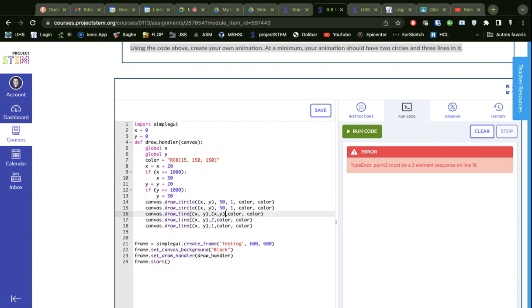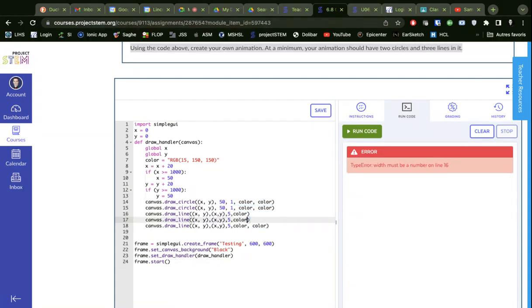So I don't need to define line thickness, but I need to tell it where to stop. Okay, well, let's see if that makes any sense. Two, three. Oh no, I still need that number. Yeah. Then yeah, I should only have one color here